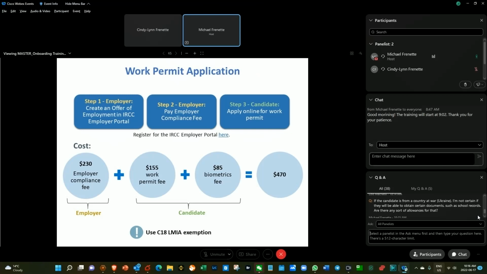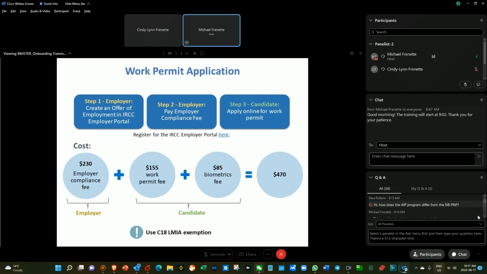Now, if you do go with the work permit, there are some additional steps that you need to follow as an employer before the candidate can actually apply for the work permit. So, as I mentioned, the first step is to inform the province that you need to hire that person so they can issue that referral letter. Then, as an employer, you'll need to access what we call the employer portal. That portal is for employers hiring temporary foreign workers, and it allows employers to submit an offer of employment for a temporary worker that does not require that labor market impact assessment.